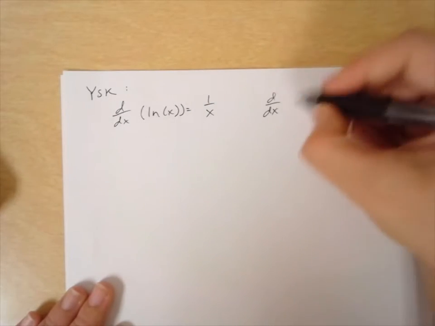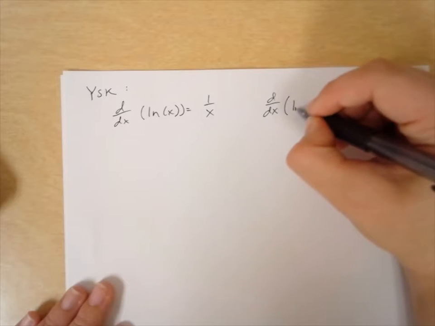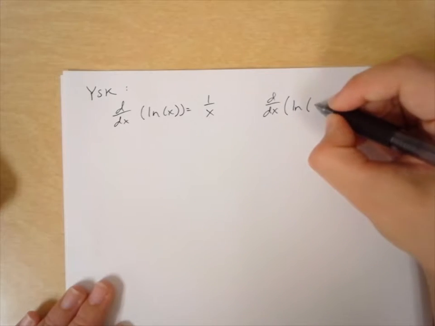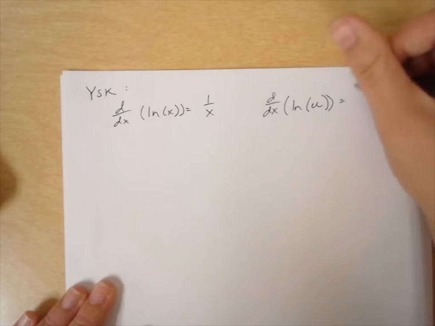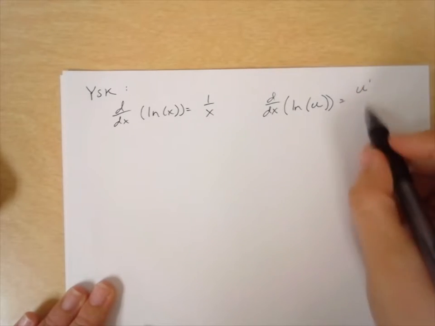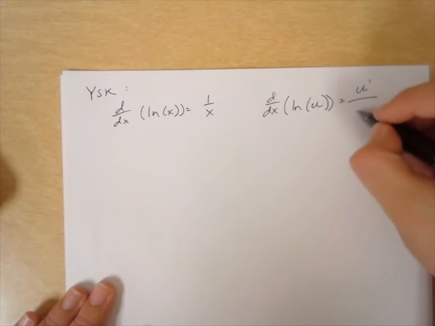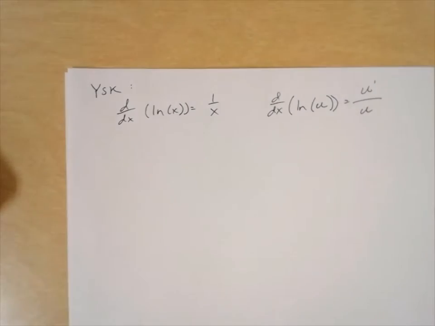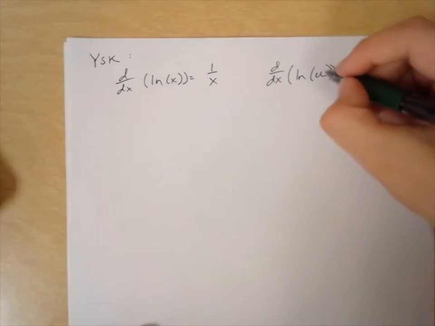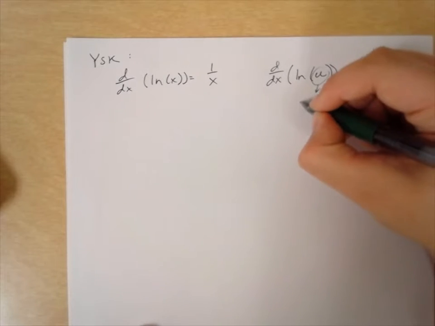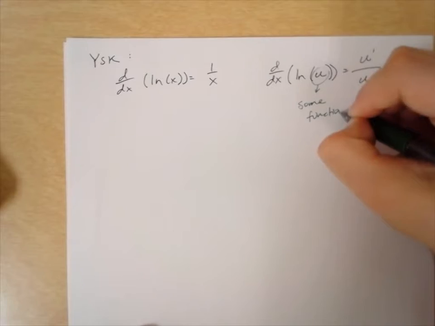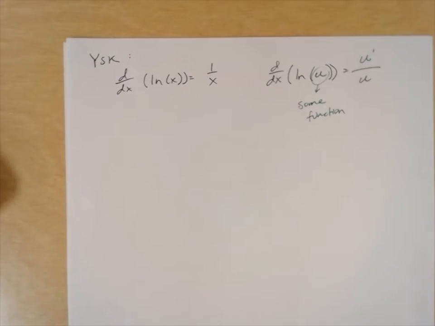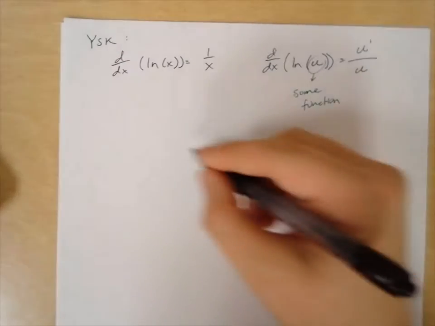And the derivative of natural log when you have something more than x, ln of u, is the derivative of u, the derivative of the function, all over whatever u is. And remember, u is not the variable. u is some function, something more than just x. So if we do some examples of this,